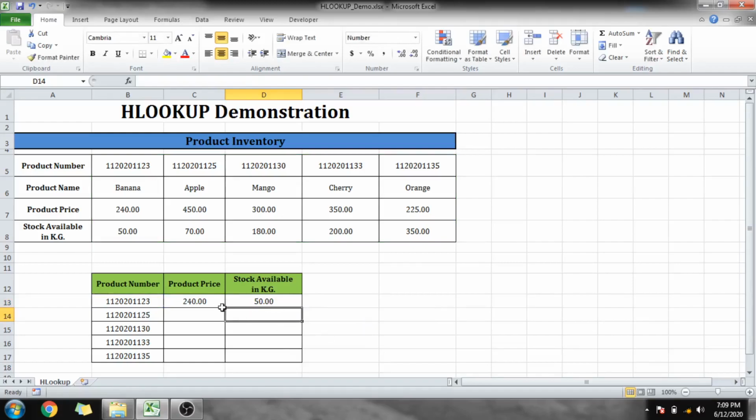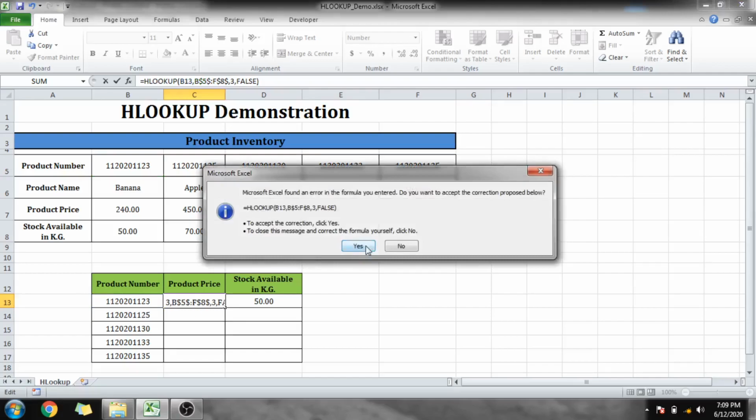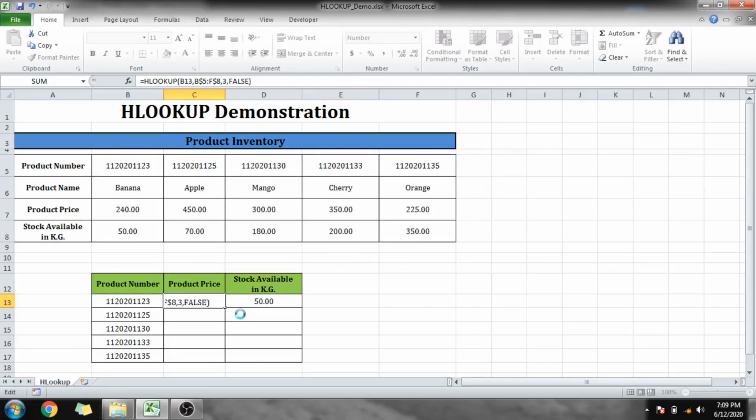Here make sure that if you want to drag this particular formula, then you will get an error. So if you want to achieve such functionality, then first you go over here, and inside that, for the particular column or row number we require a $ sign before that particular number and a $ sign after that particular number, and the same thing for F as well. So $ sign and again $ sign and just press enter. Here we have one notification, so just click OK. Now we have 240 over here, so just drag and drop.